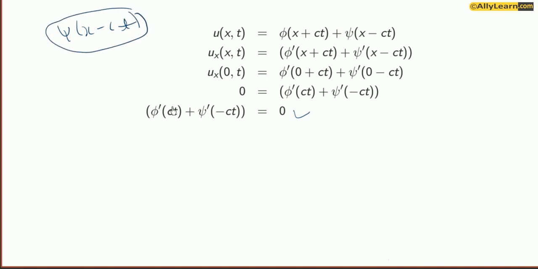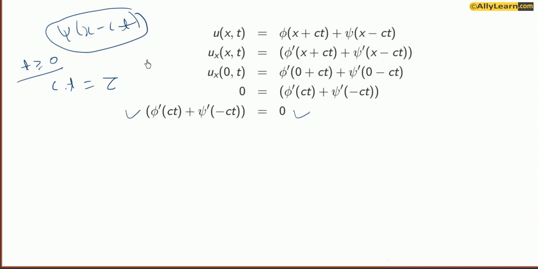So somehow I need to get this psi into the picture. For that I need to integrate this term so that I can get rid of this derivative and get the psi function. So I will be integrating this expression, and I will be denoting this term c into t with tau. Now this c is constant as it represents the velocity of the wave, and this time t is a non-negative number. So this tau is a variable varying from 0 to infinity, as t varies from 0